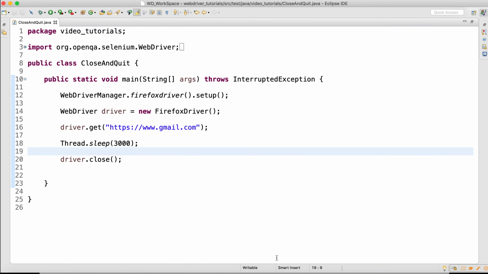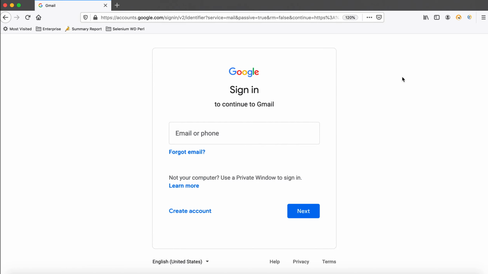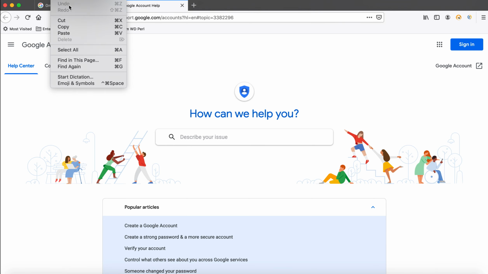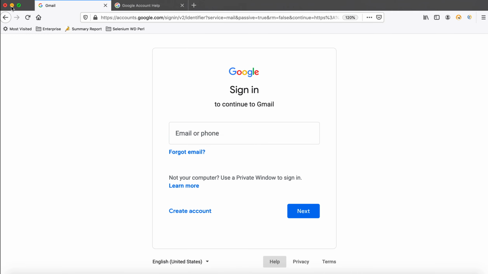But let's see what I will do here. I will come to gmail.com, and I will click on this particular help link, which is going to open a new window. But I will not use window handles to switch to this window. Just for the demonstration of close, whether it will close both the windows or which window it is going to close, I will demonstrate.